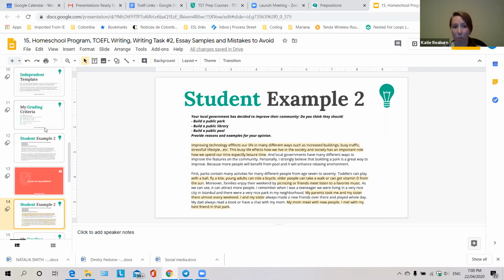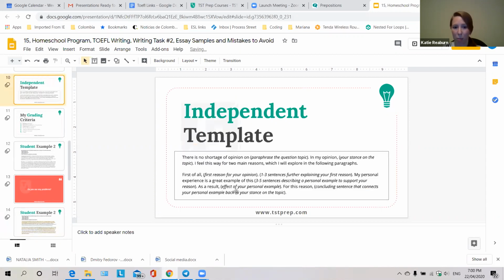So if we remember our template, with the template, we're going through the reason first. I like to tell my students to keep this first part. First of all, the reason and this further explanation, keep that in general. Keep that as people, you, we. Talk about what is benefiting people as a whole in there. Once you transition into the story is when you're talking about I, me, and my, and you're giving those details.